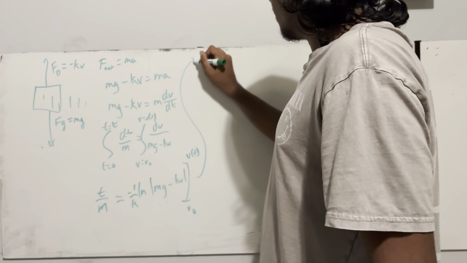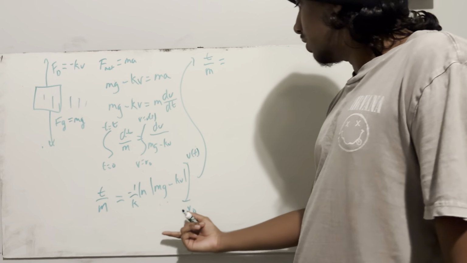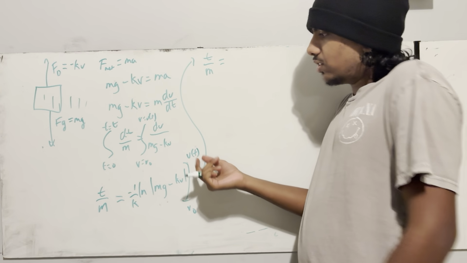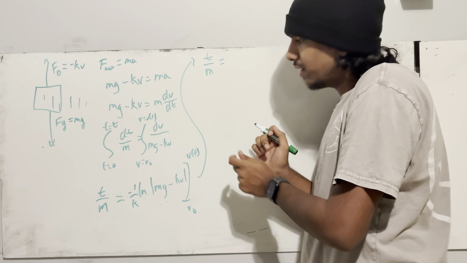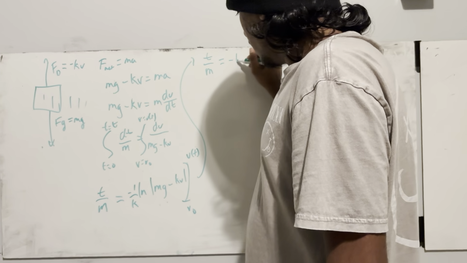So put this back up here. t over m equals. We're going to evaluate this time. And when we integrate two variables, when we evaluate, we have to subtract the variables. So we get this variable first, so negative ln,